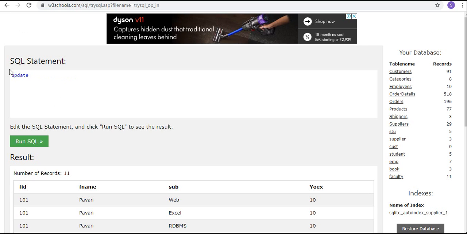Update faculty set fname equal to Vamshi where sub equal to web and, okay, not and, you have to use or, subject equal to